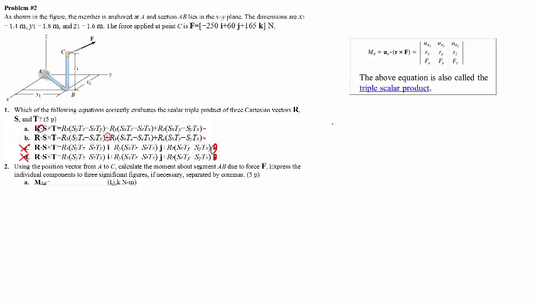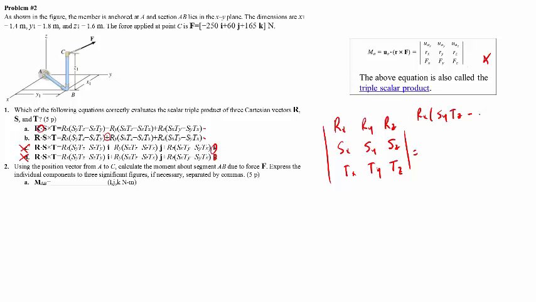So what we have is, if you have Rx, Ry, Rc, and then Sx, Sy, Sc, and this was given in the exam, and then you have Tx, Ty, and Tz, right? So we do Rx, and then this would be Sy, Tc minus Sc, Ty, and then you have a negative here, so it would be Ry